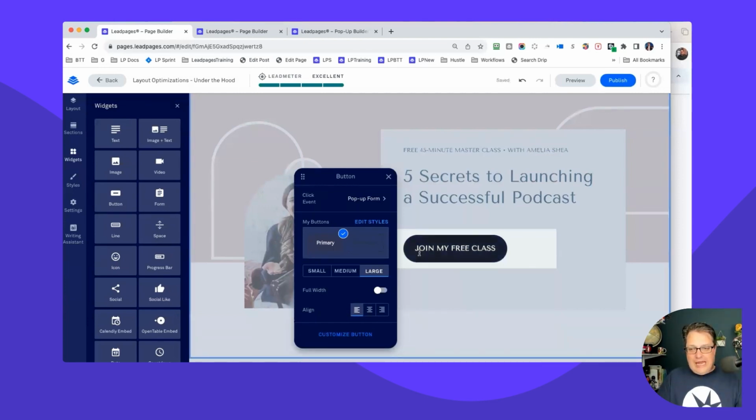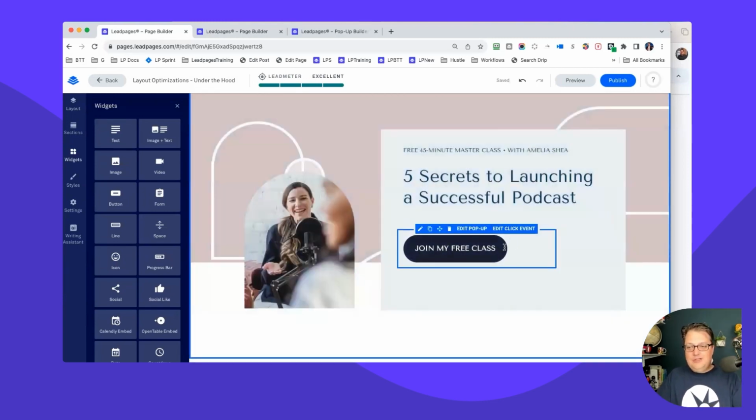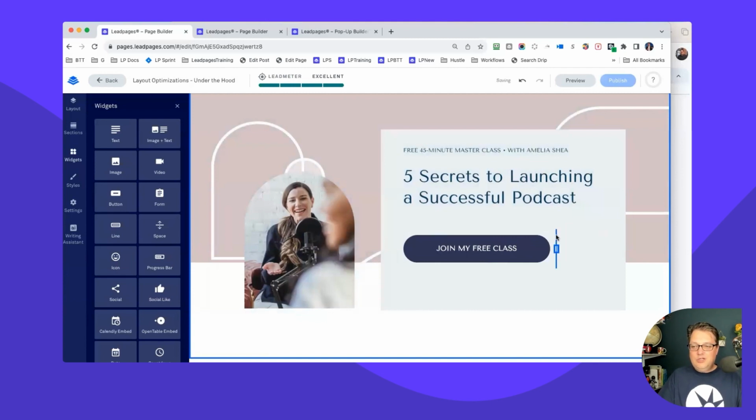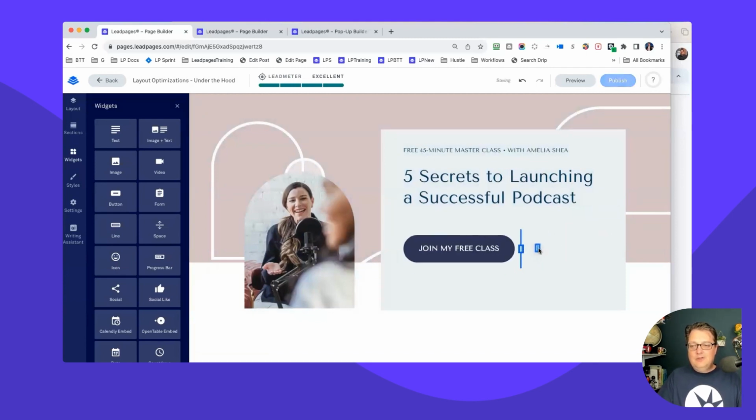And of course, you can add in a space or two on either side, and that can do whatever you want it to do. Okay. But what I would recommend, and what's a finer way of using the Leadpages builder to make the button bigger but not super huge, is go ahead and let this be full width, but then utilize a space widget that allows you to have the left and right movement to adjust exactly how wide you want that button to